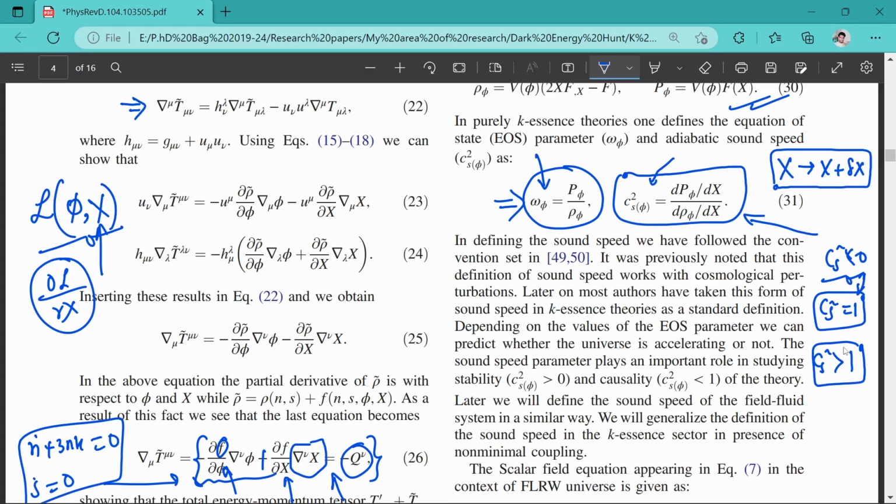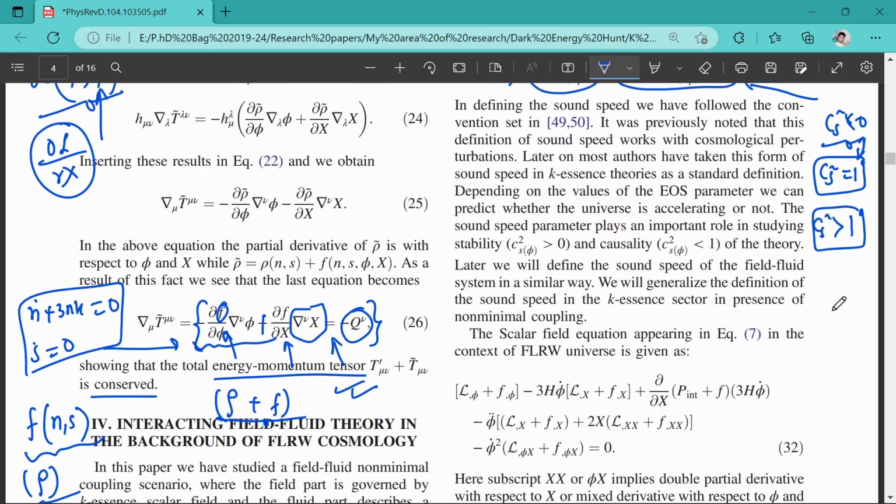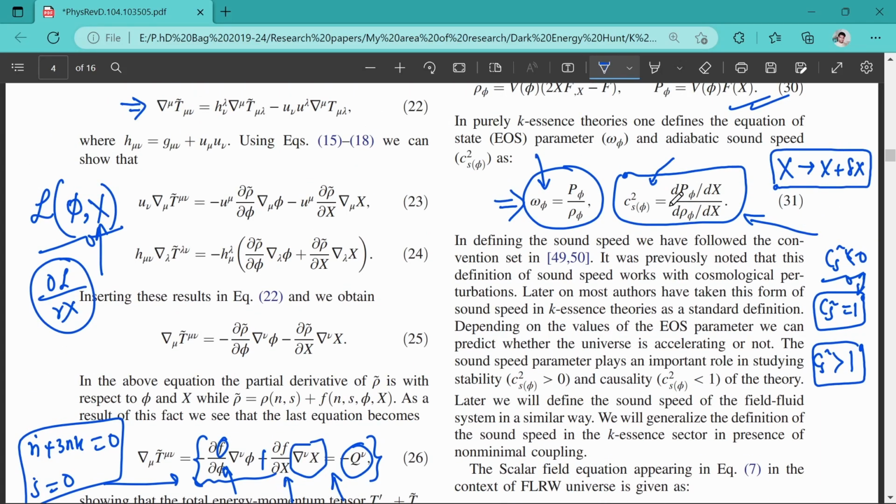Now again in our theory here also, cs square can become greater than 1, because we have not generalized properly how, if you have any kind of perturbation present in one field, and you have a pressureless fluid, the perturbation actually flows through the interaction part and disturbs the fluid part. So we have not established that theory properly. So we can simply generalize it: you can just take dp total over dx and d rho total over dx.